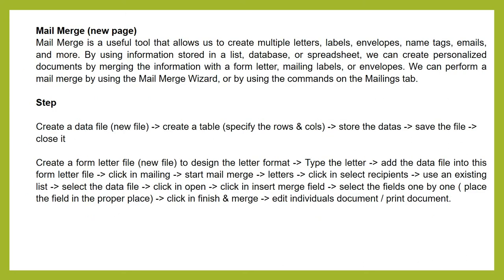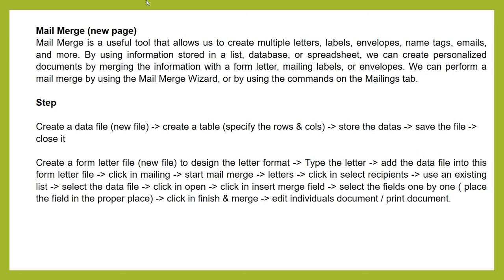Now the new option is called mail merge. So what is mail merge? In word processing software, this is the main feature which has lots of facility for combining the letter file with the data file. That's why this one is called mail merge. When your letter file, meaning the mail file, is merged with the data file, it prepares lots of letters in a fraction of a second. Okay, that's why the name is assigned as mail merge.